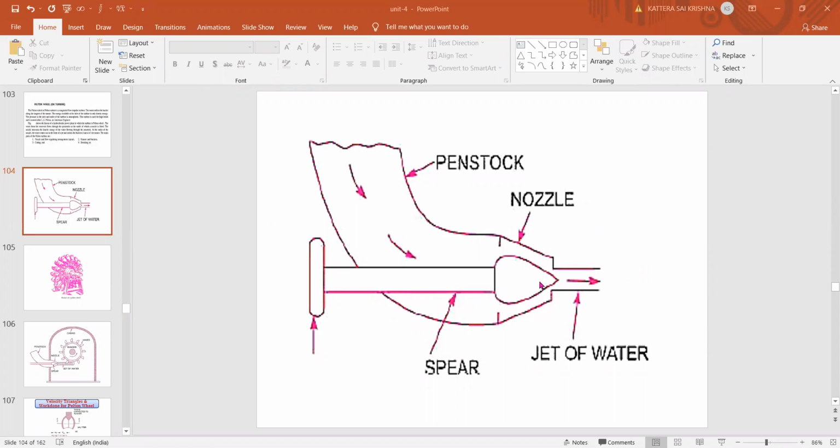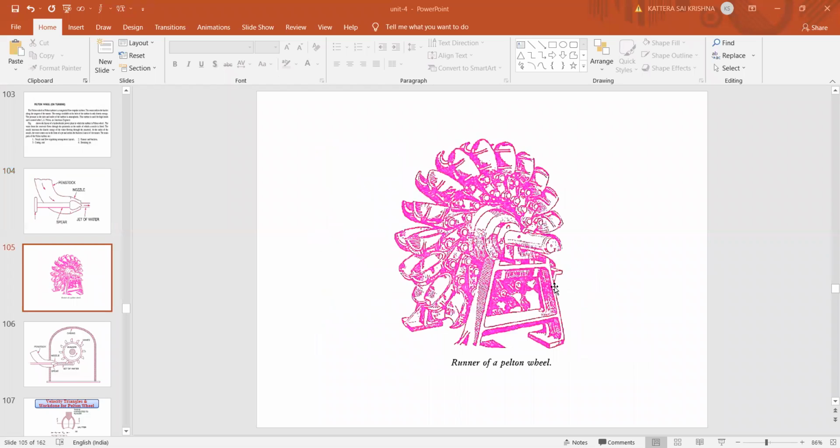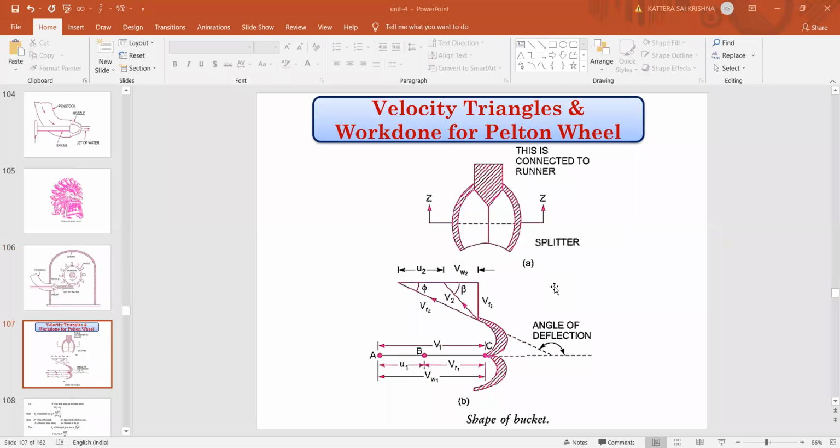Because of inertia, even if you close the nozzle here, the runner or the turbine blade will continuously rotate after closing the nozzle. To stop that movement, we keep one more small nozzle at the opposite end, applying a jet on it to stop the turbine. Slowly it will get stopped quickly, right? If you leave it without the braking jet, the turbine will continuously rotate for a longer period because of the inertia force. So for stopping that, we use a braking jet at the other side. These are the four parts of your Pelton wheel. And next we are seeing the velocity triangle.